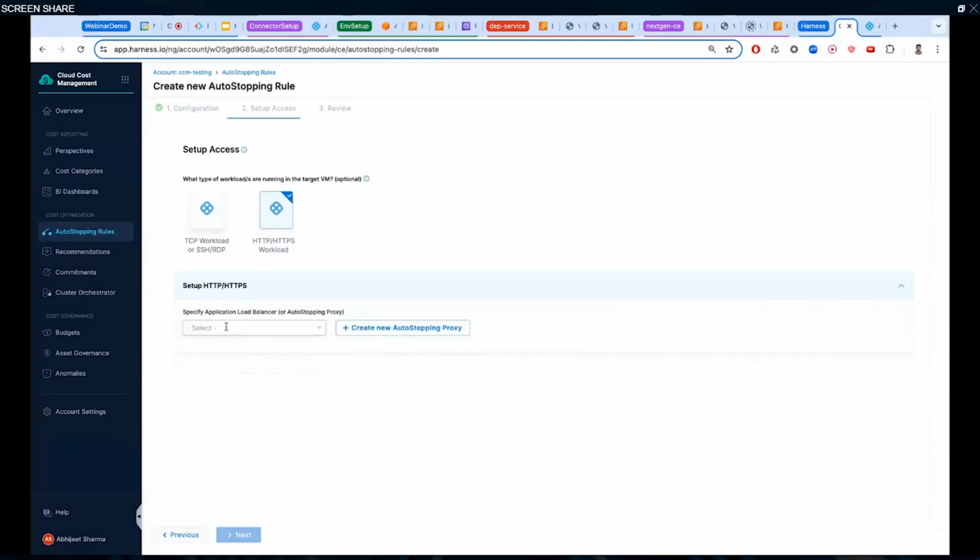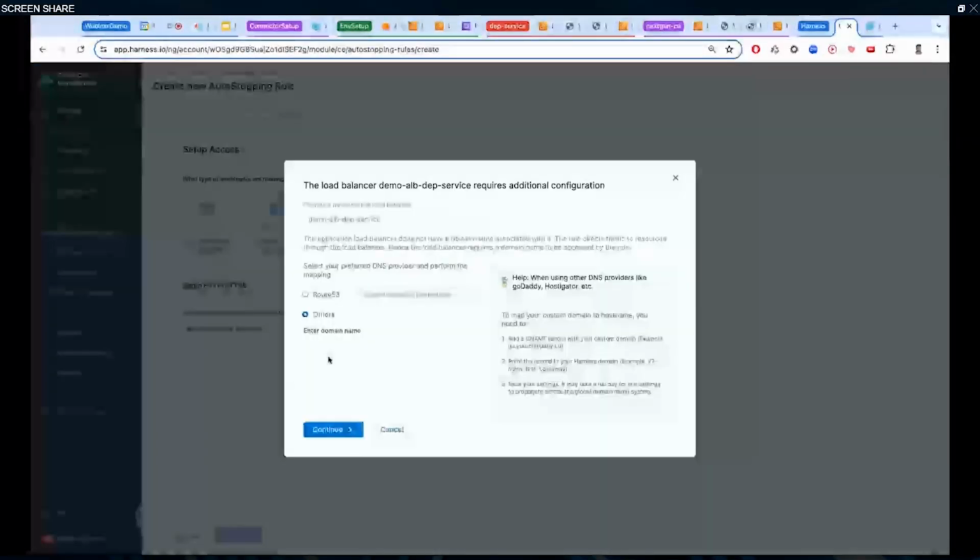And in this next step, we choose the application load balancer behind which our instance is running, right? So if we just click on the drop down, it will list all the ALBs in our account. And for the dep service, this is the ALB. This opens this overlay, which you can configure. The domain that we'll use is harness.lightwingtest. You can configure any of your internal organization domains in here. We'll do harness.lightwingtest.com,